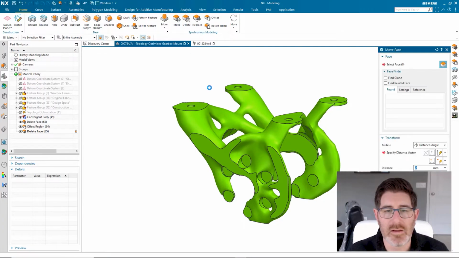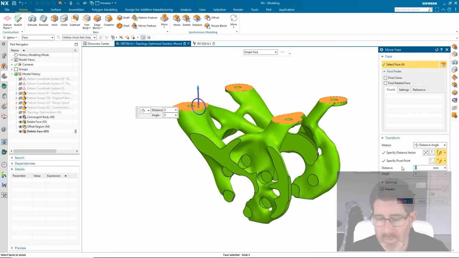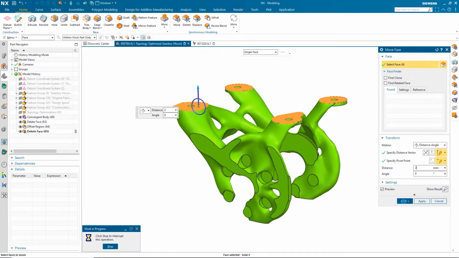So again, we're going to build up those surfaces just a little bit and machine them back so that they're perfectly planar. I'll use the move command to do that, and I'm just going to pick each one of these faces here, and I'm going to move them up by about 2 mils to give us enough material to machine away. Hit OK, and again, this is all done.